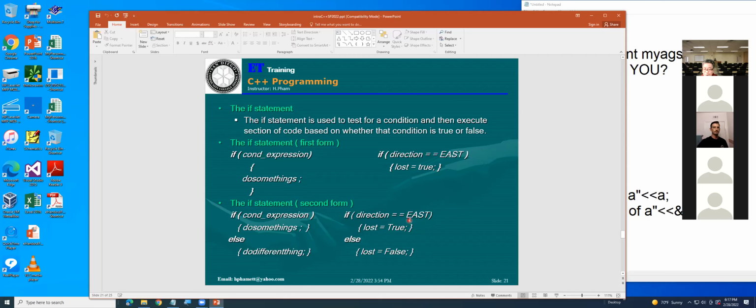However, if you go to the other direction, then the result will be different. This is the second statement, if else.